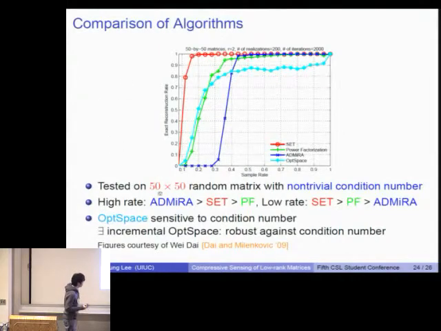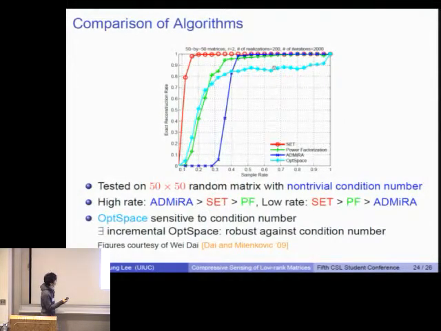There is another empirical comparison of the algorithms provided by Dr. Wei Dai. It is from his paper with Professor Olgica Milenkovic. And he tested the algorithms on 50 by 50 random matrices for consistent completion. And the key point here is the condition number of the random matrix is non-trivial. It can be large. And if we look at the result, in the higher sampling rate regime, Admira is the best because